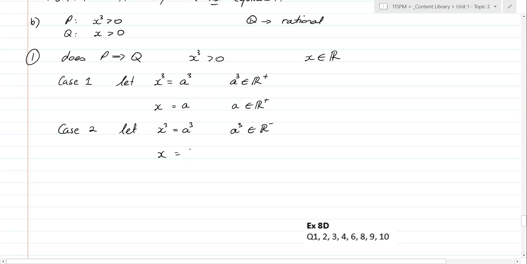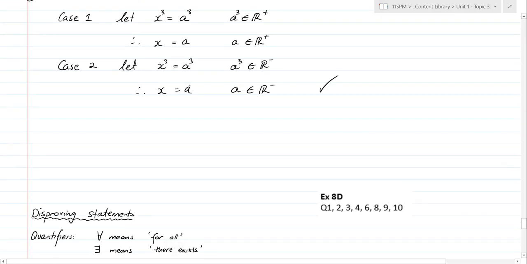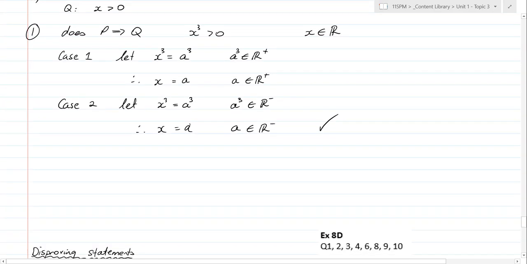And that should just be a. So I'm making these statements there. Therefore, x equals a, and a will also exist in the real negatives. So when we cube root a negative, we get a negative. We know that's true, and so this works. And the other statement we need to make, this is case 1. Case 2,